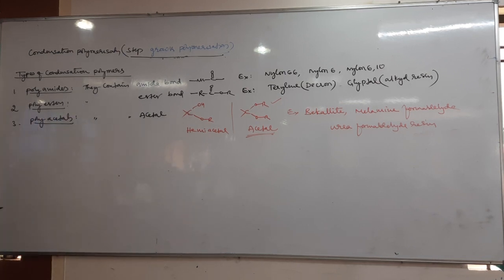Polyamides, three examples given in the textbook. Let's study. We want only the example, monomer, polymer structure, and uses. There are common uses, one or two important uses, but in preparation, what is the monomer and what is the polymer structure? Come on, tell me. Nylon 6,6. Do you know this nylon 6,6 name? This 6,6 indicates what?